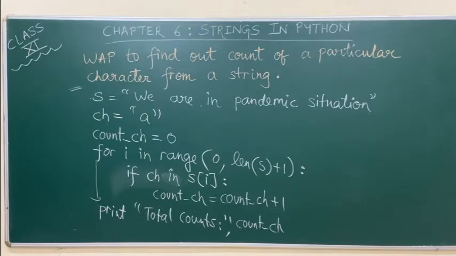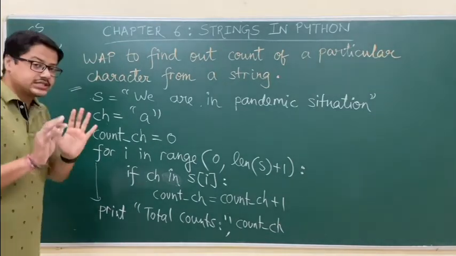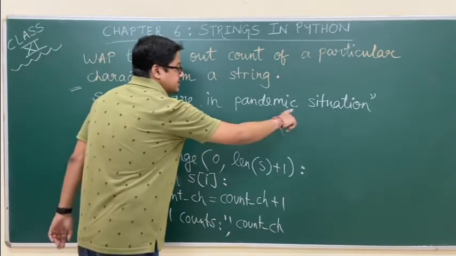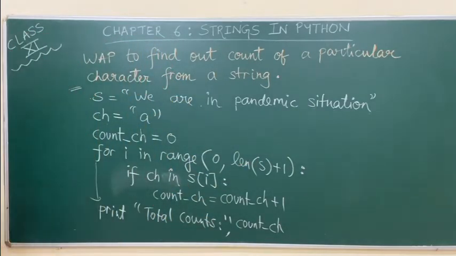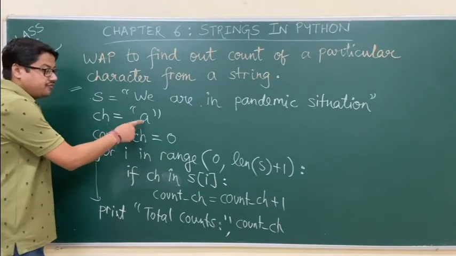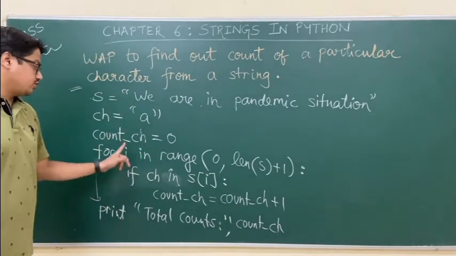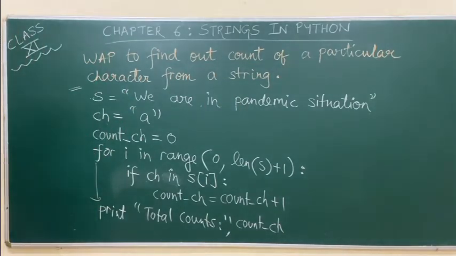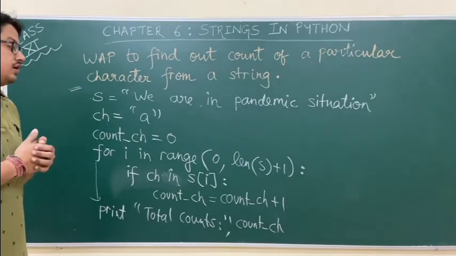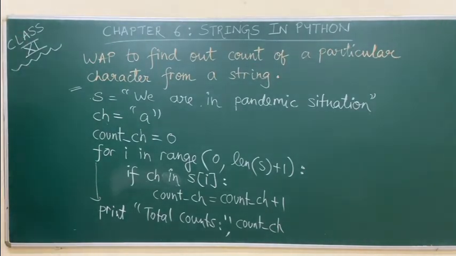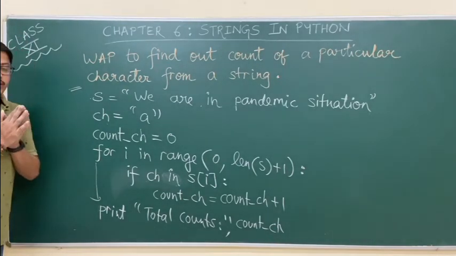So try to understand, students, how this program is working. S is the main string. We decided that we want to search for A. So first of all, what is the logic? You should access each and every character from S. You should compare A with each and every character of S. If A is encountered in this, we should increase the count. The same thing we have done with the help of a loop. Correct? Hope you understood this. Go through this. Programmatically you can also access the same.